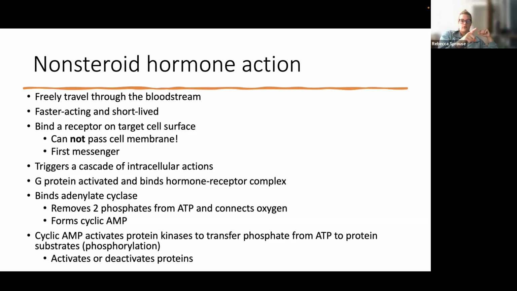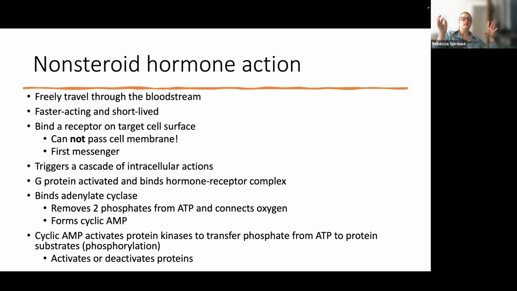For non-steroid hormones, the receptor is on the cell surface because that hormone cannot enter the cell membrane through that lipid bilayer. And that binding of the hormone to the receptor is called a first messenger. Now, that signals inside the cell to trigger a cascade of second messenger